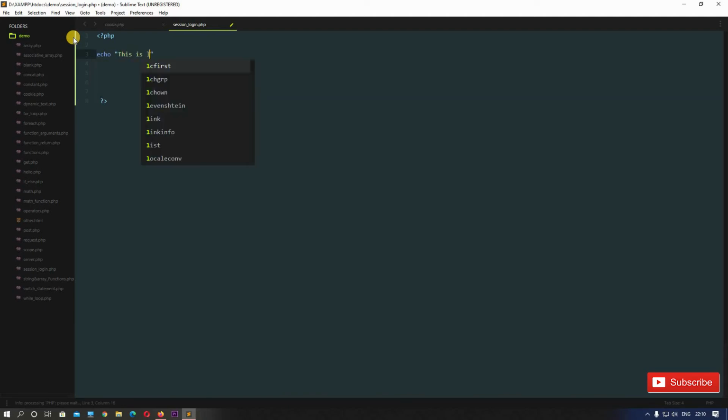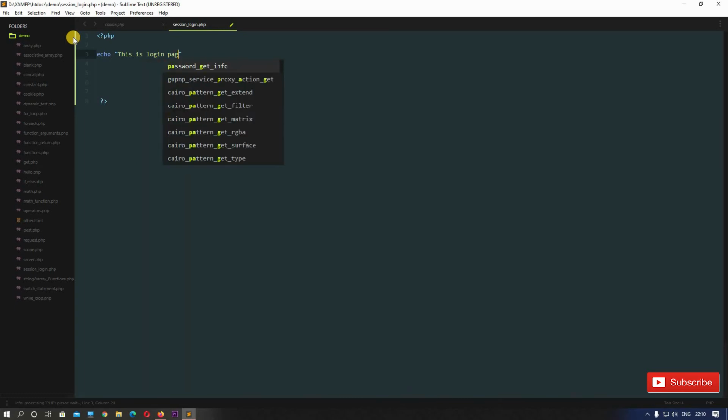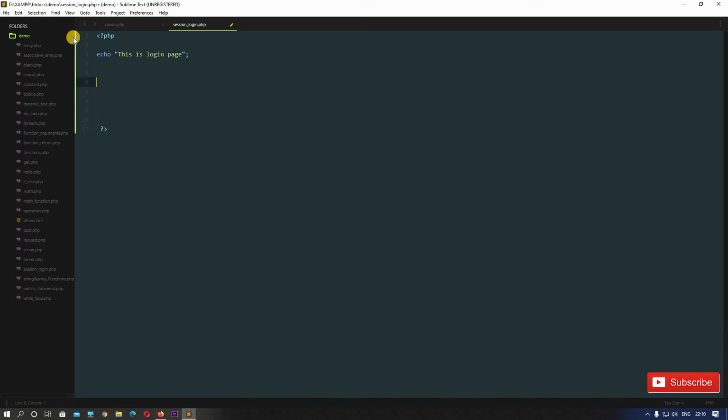This is login page. I'm giving you an example of how a login page works, what happens behind the scene with the help of this session variable which we set. First let's echo out a simple string, and then we will create our $_SESSION variable. For that we'll write dollar, underscore, SESSION, and square brackets, and inside here we will give the name, the index, of our session variable.